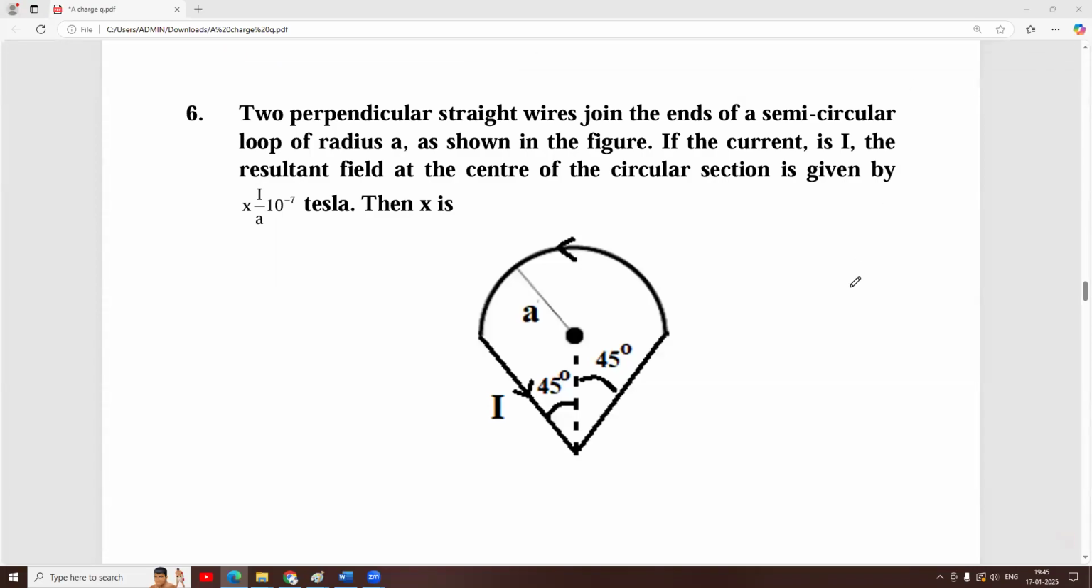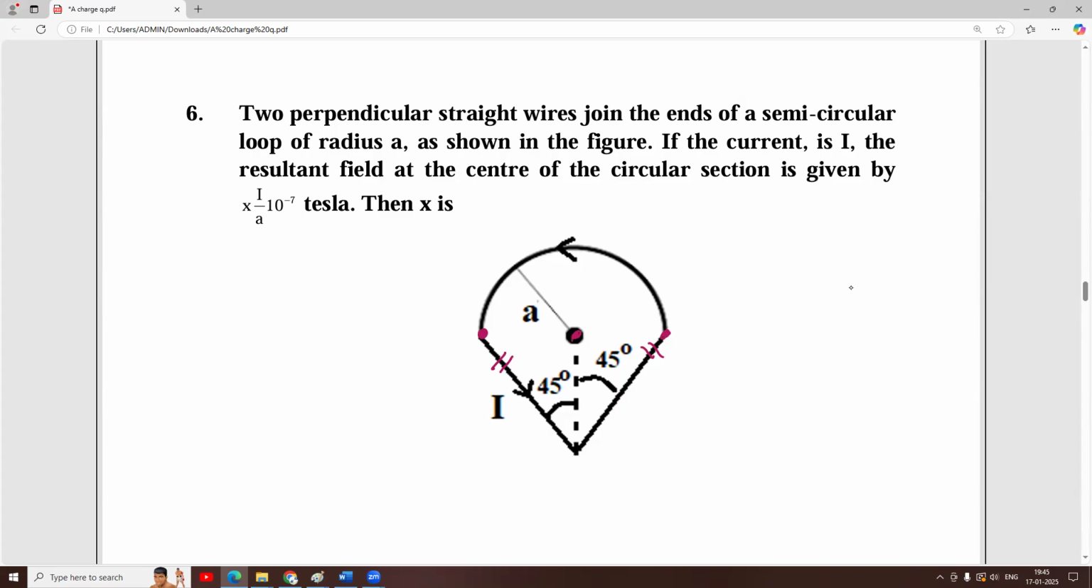Two perpendicular straight wires join the ends of a semicircular loop of radius a. So these two perpendicular straight wires are joining the ends of a semicircular wire. If the current is I, the resultant field at the center of the circular section is given